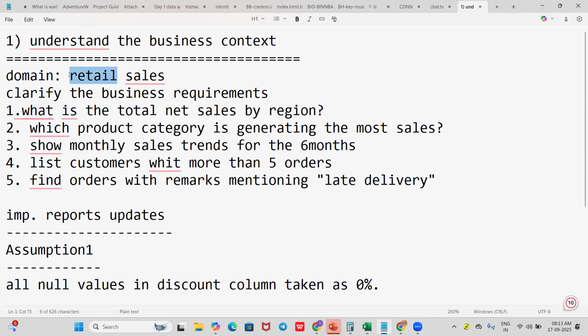You have to check it and give the inputs for them. So what is that total net sales by the region? It might be quarterly, yearly, or monthly. It depends again on the data you have collected. Now based on this,